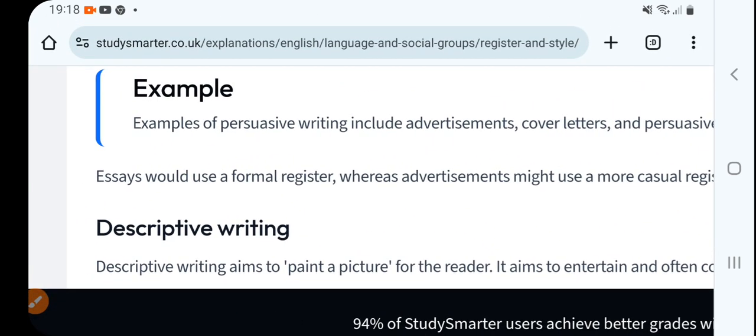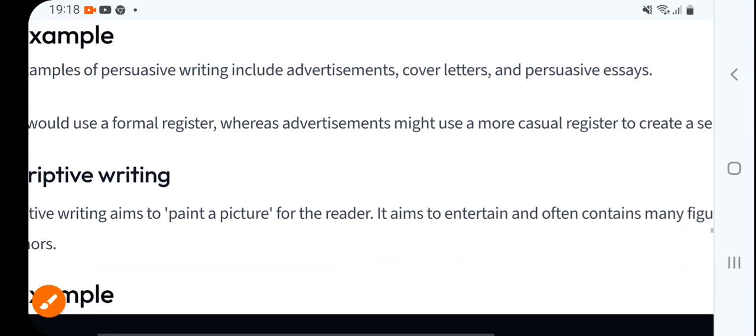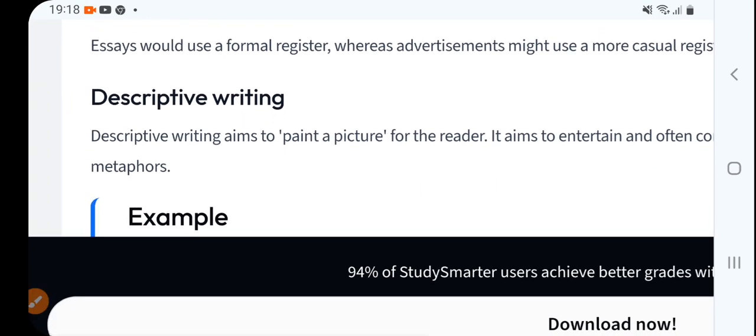So an essay would use formal register, because an essay is actually formal. Whereas an advertisement is more casual. Why? Because I want to convince my buyer. Now the third one is